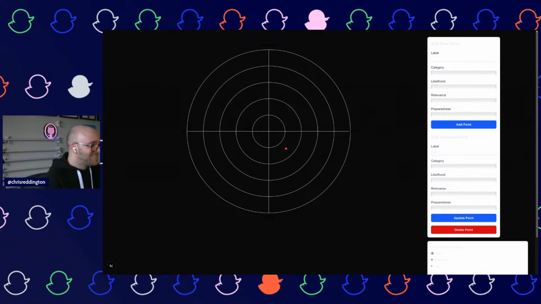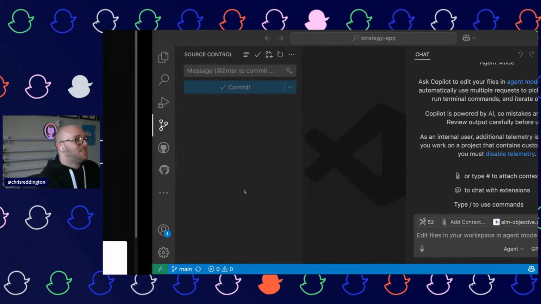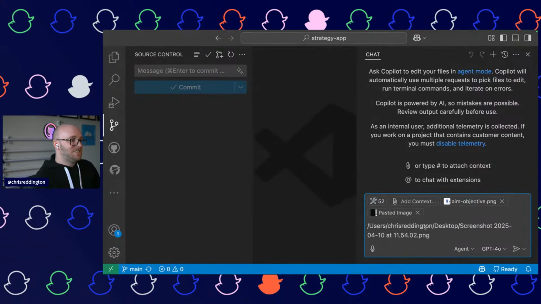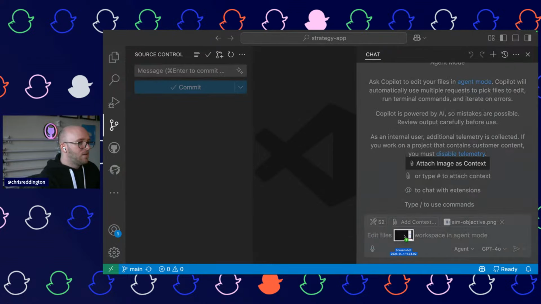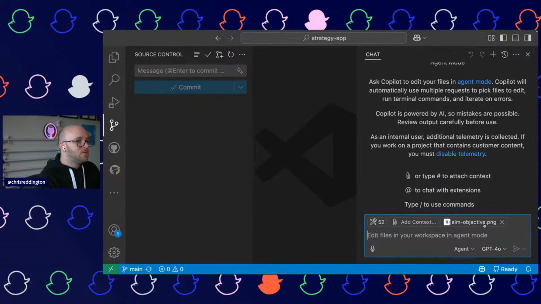So I thought it was a good example for us to go and try. Just drag and drop it. I'm going to try and help it with a bit of names.